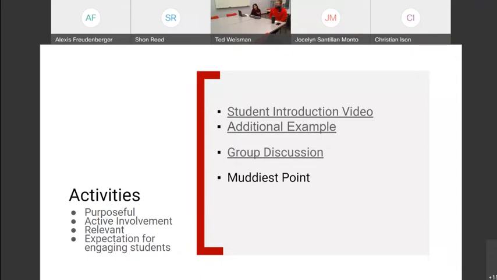Yeah, and so again, the more active learning, the more ways that can facilitate that collaboration, again, to cognitive presence, the more that you can be present, right, for your teaching presence in that space. So we thought we'd take a look at a couple of examples. The introduction video is probably one of the best ways for you to get some interaction and engage with your students in class.